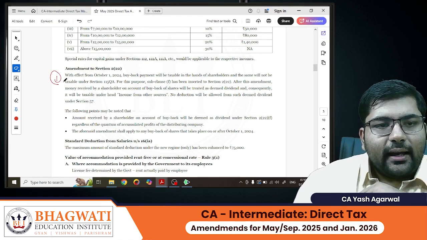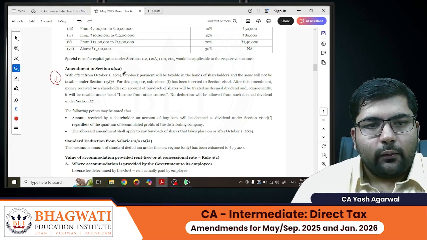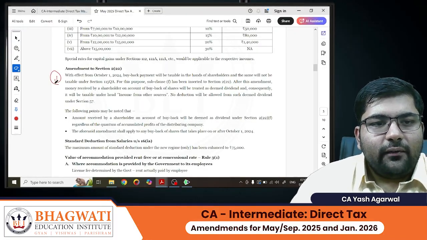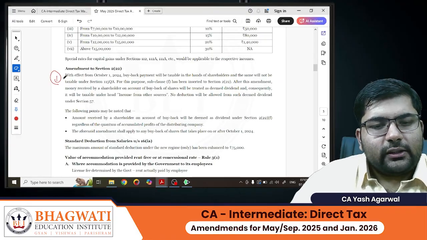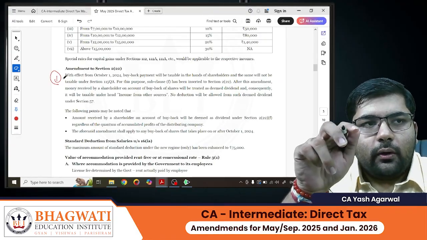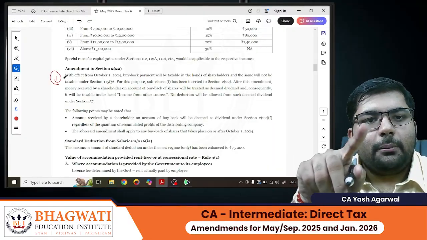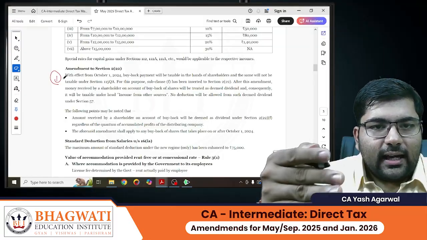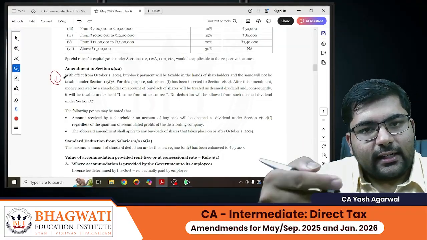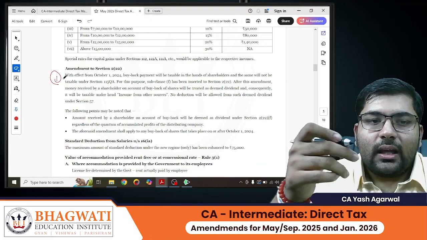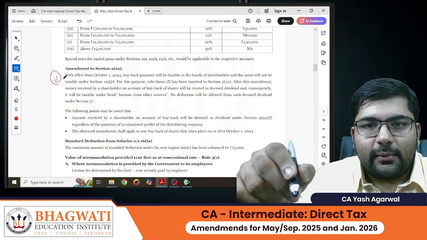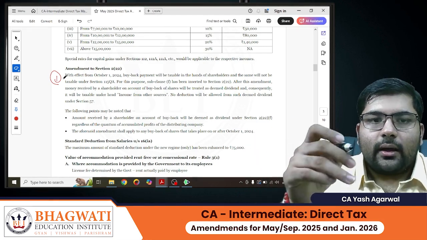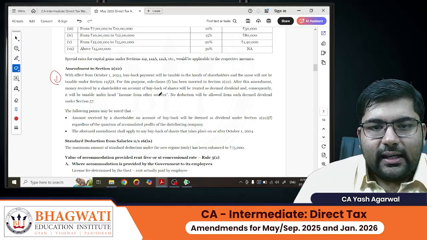Now, if the buyback happens on or after 1st October 2024, what happens to the cost of the shares? This is looking unfair to the assessee. No, it is not. The amount of the cost incurred by the assessee for the shares will be treated as a capital loss, short-term or long-term capital loss. If the assessee has any capital gains income, the assessee can set it off against that if set off is being allowed. If not, he can carry it forward for 8 assessment years and then set it off against any applicable capital gains. Okay. With regard to the income, the gross amount which the assessee would receive on account of